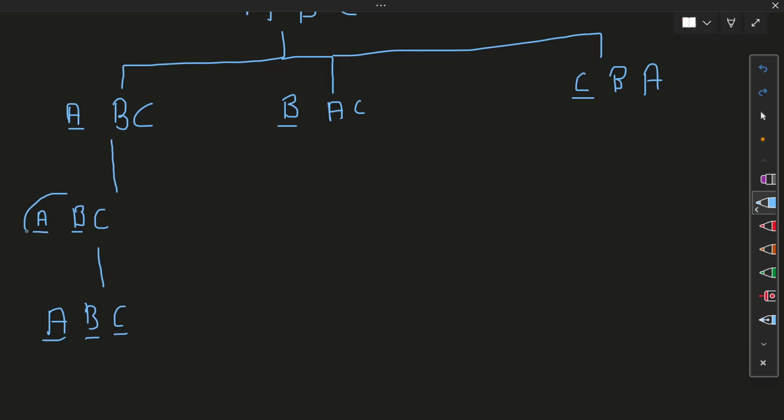In the next case, we have fixed this and there are no more characters, so we cannot find any more permutations. But from here we can find one more permutation. At this stage we have fixed our b. On this path we will fix our c first. So we have fixed our a, we have fixed our c, then we fix our b. On the next path we will fix our a, c, and b, the last character. This is my end point. And we have solved for all the paths starting with